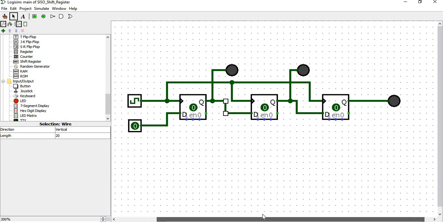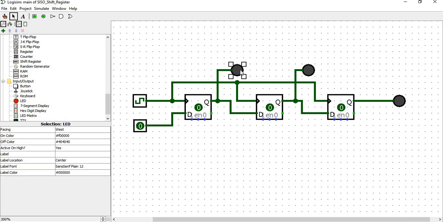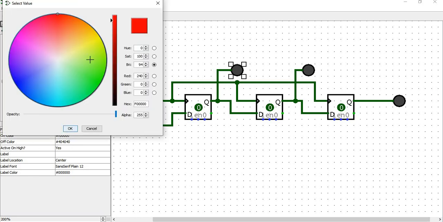Now that it is clearly visible, I'm going to change the color of this LED. See, as you click on the LED component, you will see the color when it is off, and when it is on, I'm going to choose green.